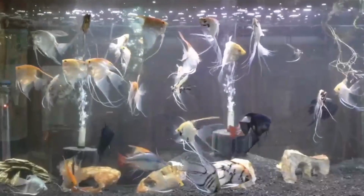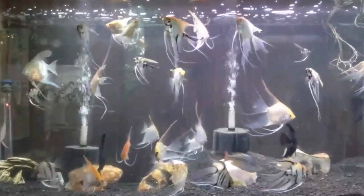We've been talking about it throughout this entire video. Angels really aren't a problem as long as they're not protecting fry in the tank. They really won't bother any of the other fish in there. When you're making your plan of fish that you're going to keep with your angels, you're going to want to